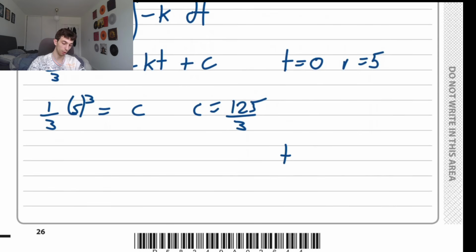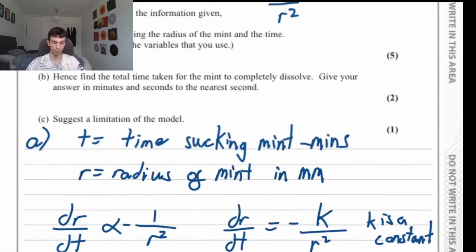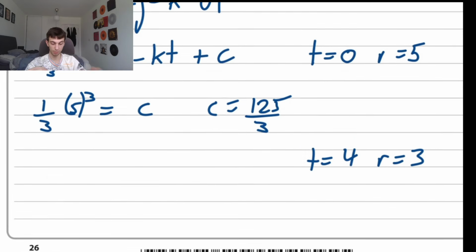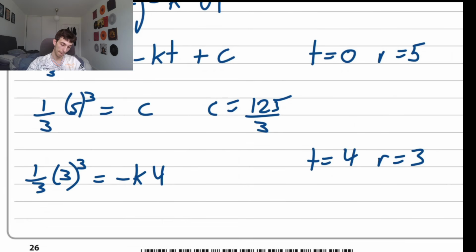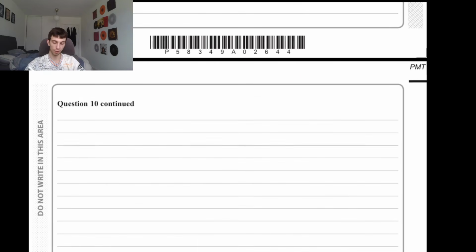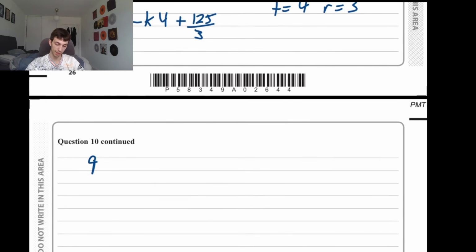What else do we know? When t equals 4, the radius is 3. Plug that in now. So we have a third multiplied by r cubed. So that's a third times 3 cubed equals minus k times 4 plus 125 over 3. From here, rewriting this, 3 cubed is 27, divided by 3 is just 9. So we actually have that 9 is equal to minus 4k, just to make it look a bit nicer, plus